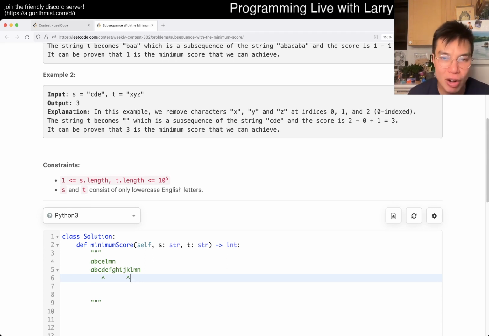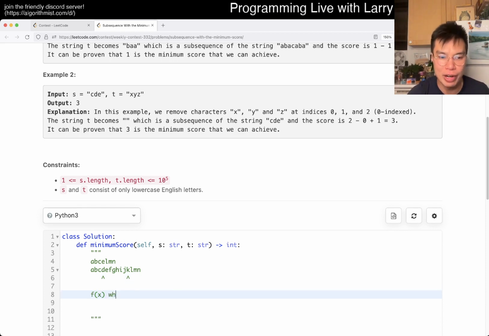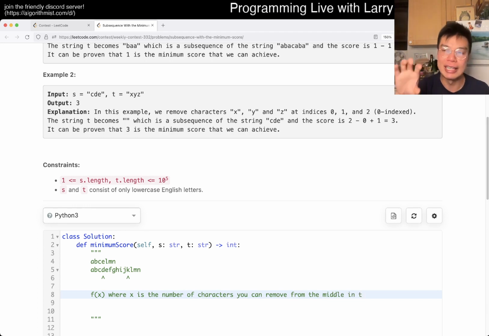on this function, because let's say you have some f of x, where x is the number of characters you can remove from the middle in T, right? Is this function binary searchable? And the answer is yes, because if you remove 6 characters, right, it also means that, or if you remove 6 characters and